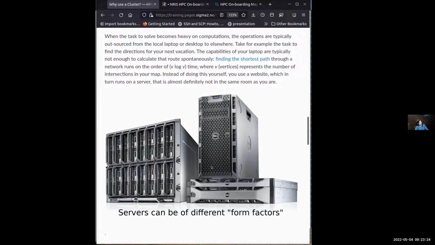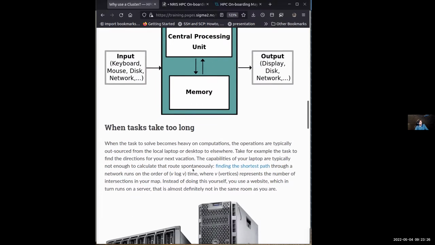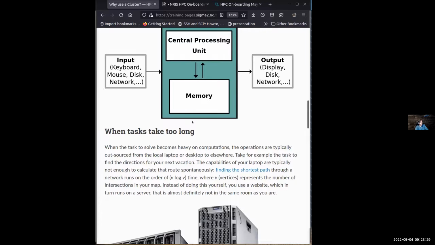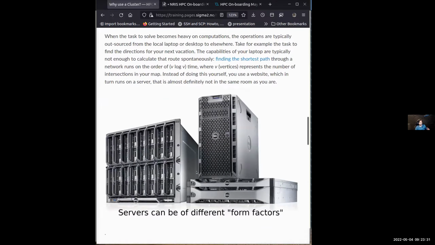Servers could look different, but inside you will have the same things as in your laptop, but in a bigger and more robust way. So this could be towers or racks. Most of the servers we have at the University of Oslo, for example, look like just pizza boxes.